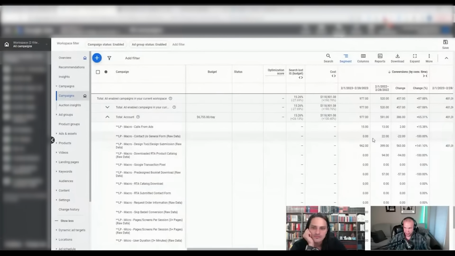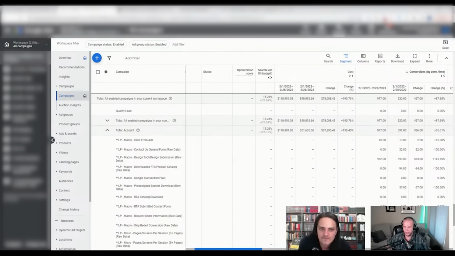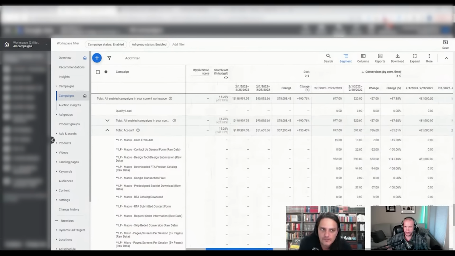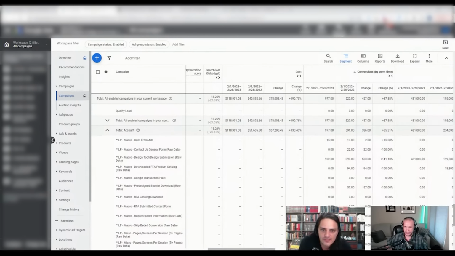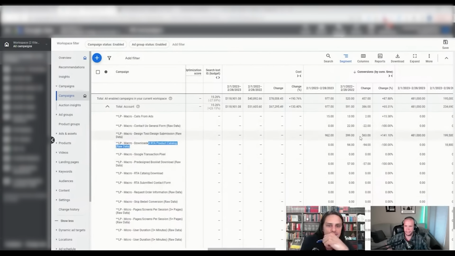I don't know if I can really show that. Anyway, I need to have more time, but I just want to share with you. There were 591 conversions and 51 grand in spend. This is year-over-year performance of just February, because last year in February it was on. This year I turned it off. What's funny is you can see the cost spiked up 130%, but the conversions only spiked up 65%, after I shut off everything else, like downloaded product catalog and a bunch of other stuff. I have to go into a different time range.